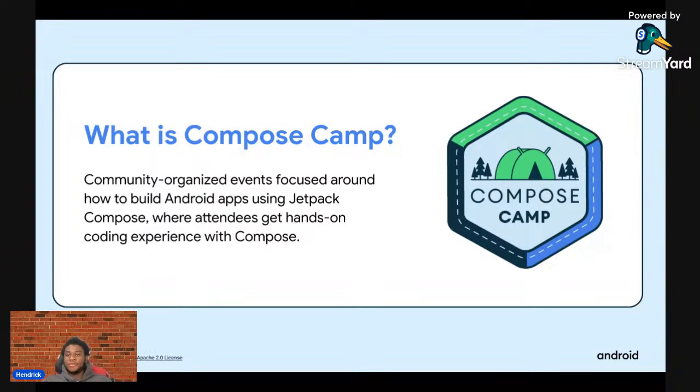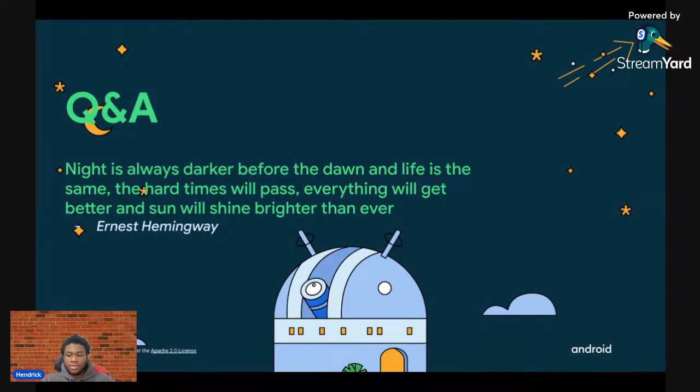Organizers are going to be more experienced, definitely, but you are also learning with organizers and also co-learners like yourself. So everyone learns together and we all grow together, right? Google provided a wonderful initiative with the Compose Camp, and I would love if everyone here delves into that. So yeah, that's all about Compose Camp and Jetpack Compose.